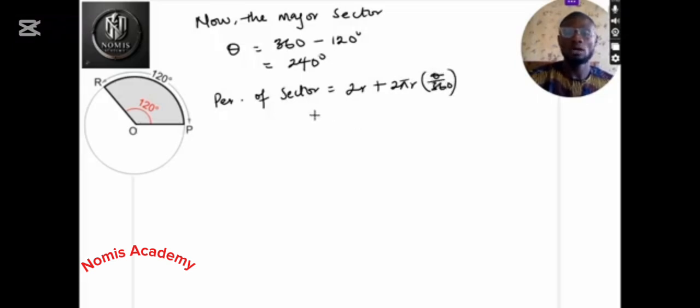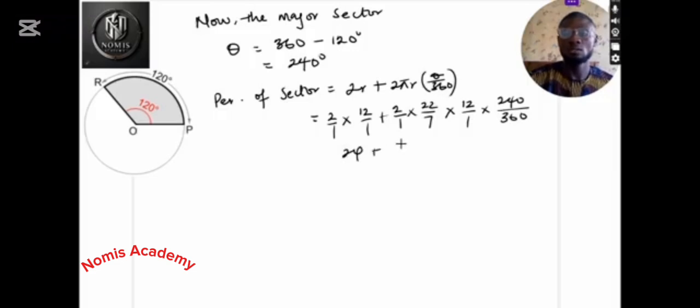So I can from here say 2 over 1 multiplied by, remember that the radius is 12 over 1 plus 2 over 1 multiplied by 22 over 7 multiplied by the radius says 12 over 1, now multiplied by 240 all over 360. So from here I can tell that this is 24 plus, this is 2 multiplied by 22,